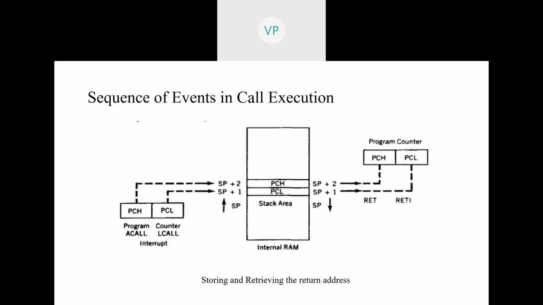Now, in order to come to the main program and start running it, it has to know the address from where it has to start executing. That is where the processor will start retrieving the return address from the stack. This is the top of the stack. It will read the contents from that, and that will be stored onto the higher order byte of the program counter. Again, it will decrement the stack pointer by 1, and whatever content you have in that memory location is copied onto the program counter's lower byte there, right?